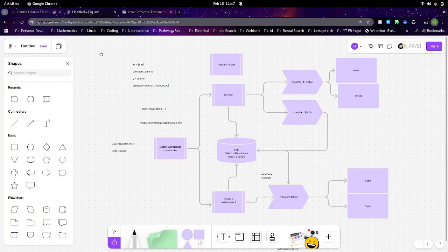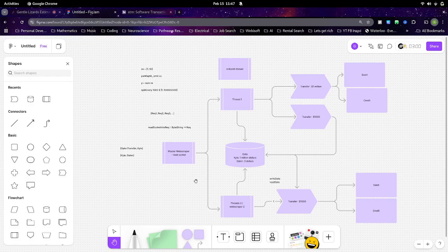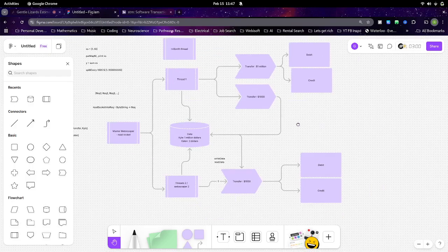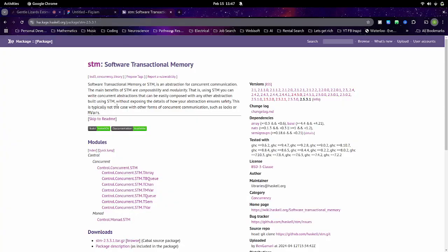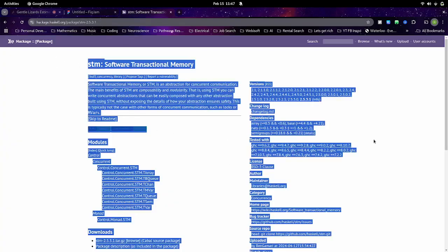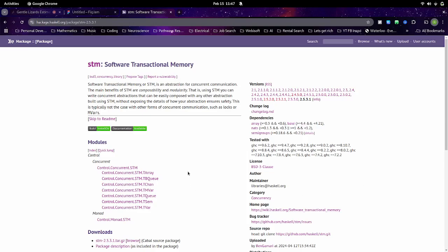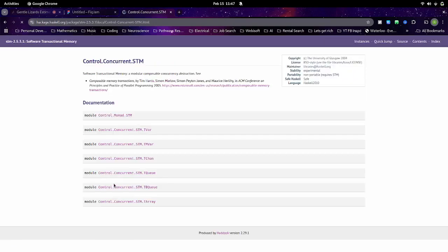We talked about what could happen with this program going wrong, and that's what you'll ultimately see in a lot of other programming languages, that stuff can go wrong. But in this case, we have software transactional memory, and there's literally nothing you could possibly do better than this package. So